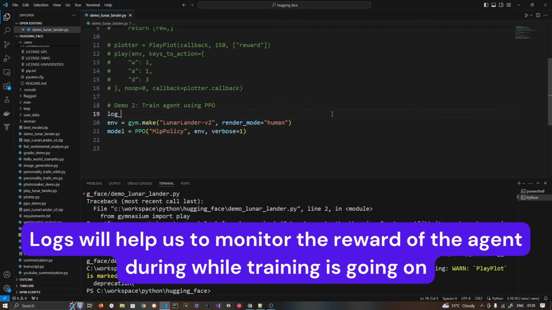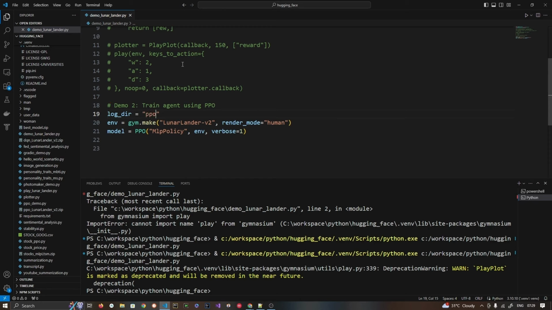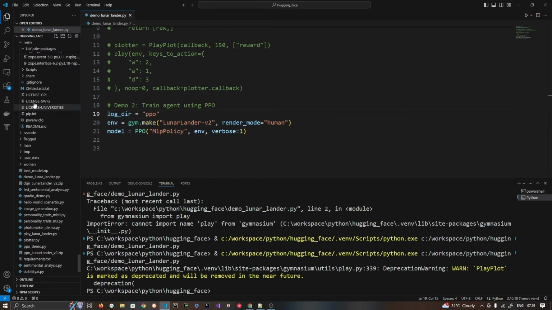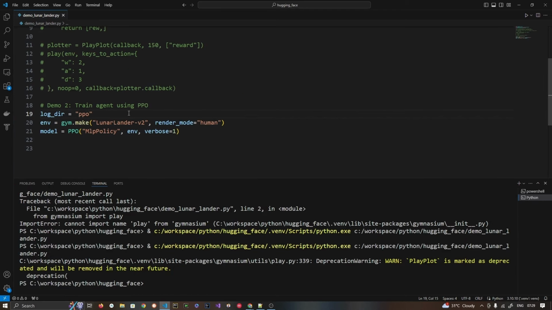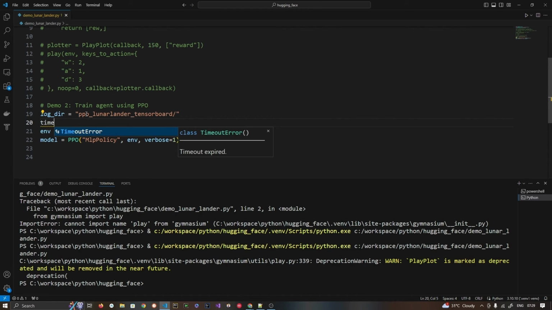I'm going to add log dir equal to, so I'm going to create one directory, PPO. As you can see, there is no directory, so I'm going to create PPO underscore Lunar Lander tensorboard. Here the logs will get dumped, and from those logs we can actually see where the reward